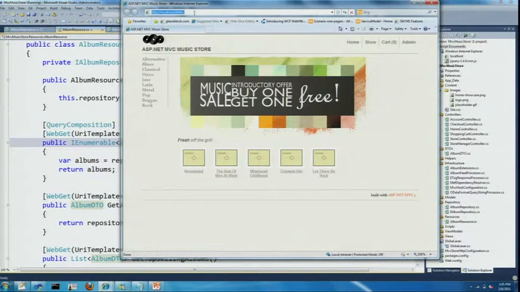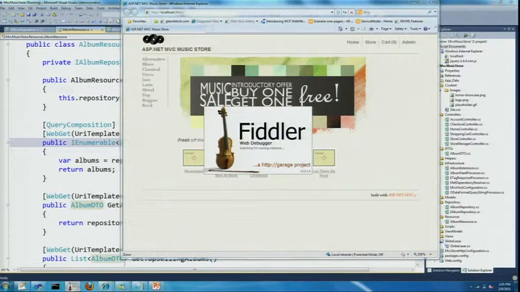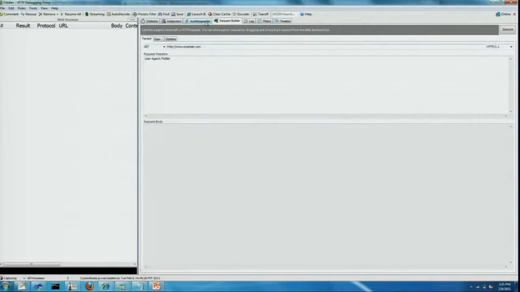So if I now take this URI here, and I go into Fiddler, and I say albums, and then I'm going to use the OData format to say $top=5. Now, I need to use content negotiation here because this service already supports, we saw the notion of returning XML, but now I actually want it to return me Atom. So I'm going to set my accept header to be application/atom+xml. And let's run that.